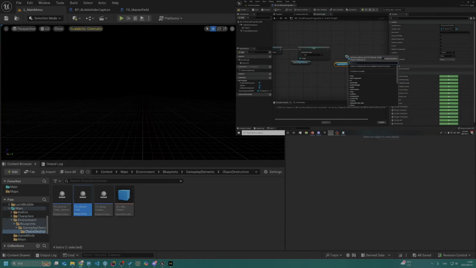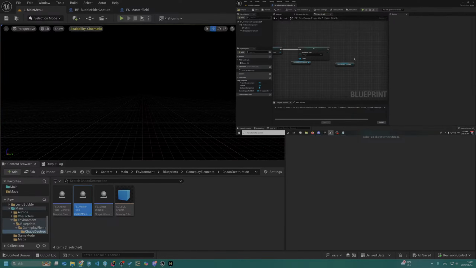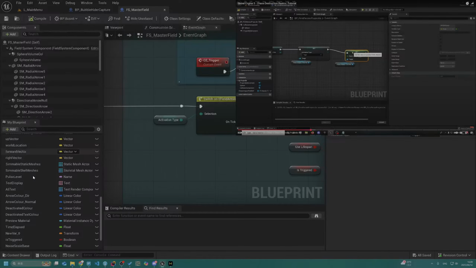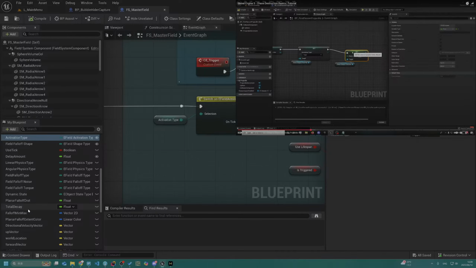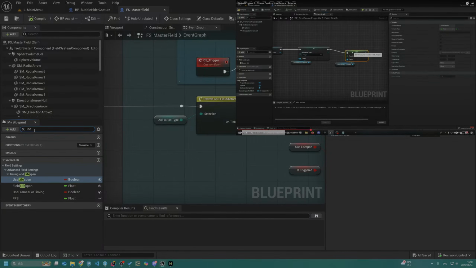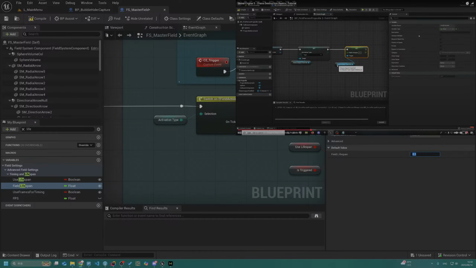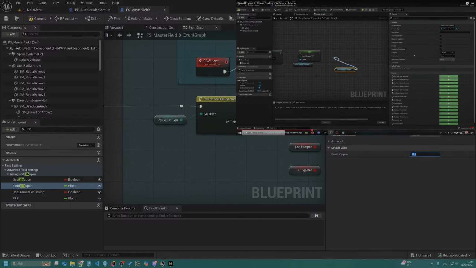And we're going to get the field lifespan. Set the field lifespan. Set lifespan. Field lifespan 0.1. And Control-V for another one of these.